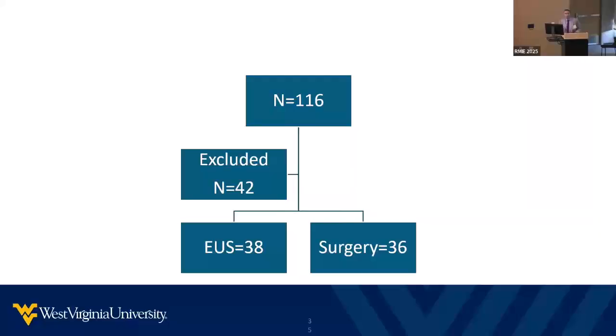They were excluded primarily because the surgeons felt that they were not good candidates for potential surgical GJ, so a lot of these patients ended up getting enteral stenting. I think that's an important point: while EUS-GJ is superior to surgical GJ, it's a bigger leap to say that it's definitively superior to